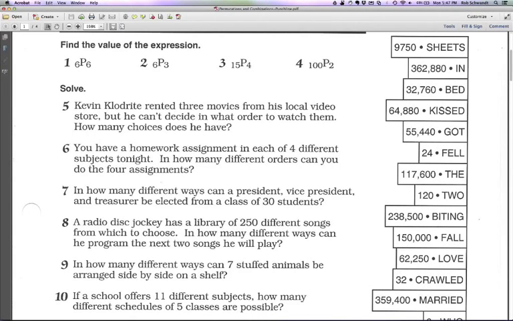Alright, so this is a video about permutations. It's kind of an offshoot of probability and statistics. Okay, so permutations and combinations, often referred to together, refer to the number of different ways I can arrange a